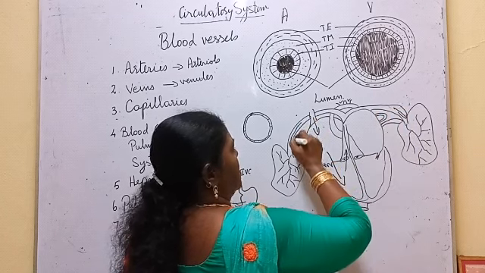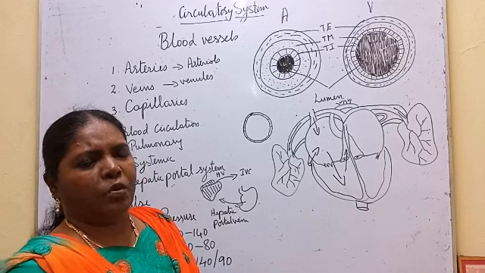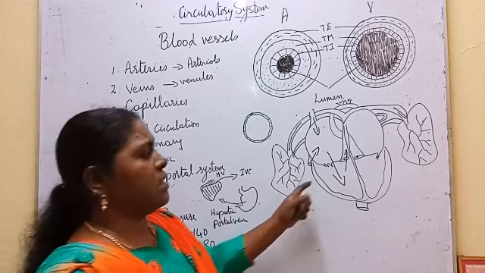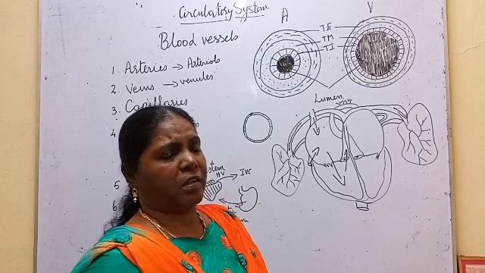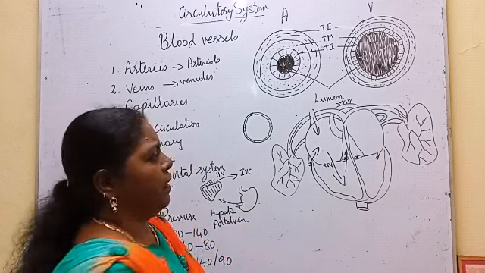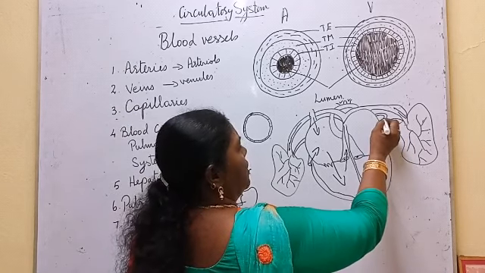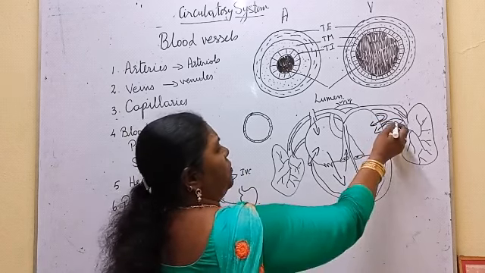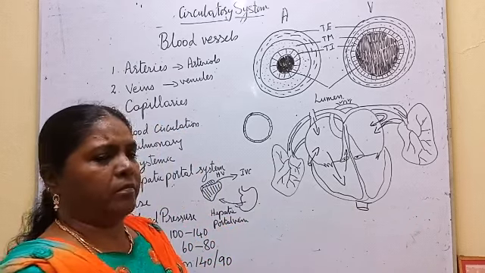The pulmonary artery enters the lungs. So in the lungs, the blood gets purified, in the sense that it gives out all the carbon dioxide. The blood which reaches the lung through the pulmonary artery is deoxygenated blood, that is, less oxygen and more carbon dioxide. So all the carbon dioxide is sent out and oxygen is absorbed. The oxygenated blood from the lungs is brought to the left auricle through the pulmonary vein. So the pulmonary vein is the only vein which brings oxygenated blood.